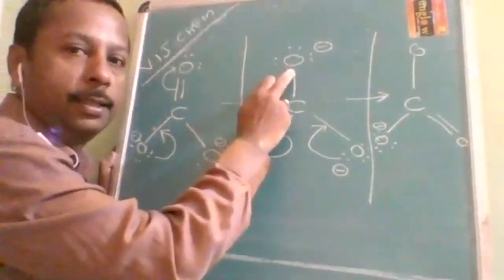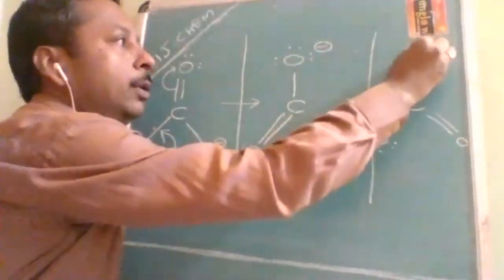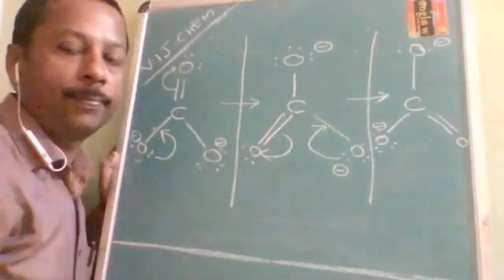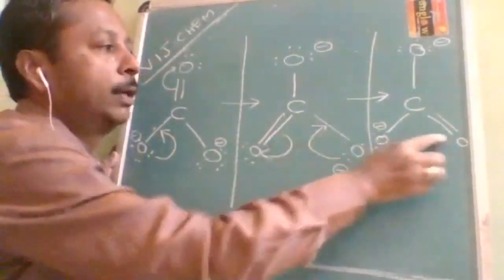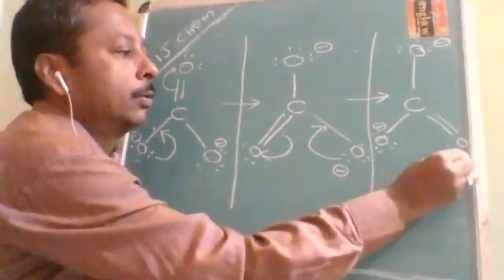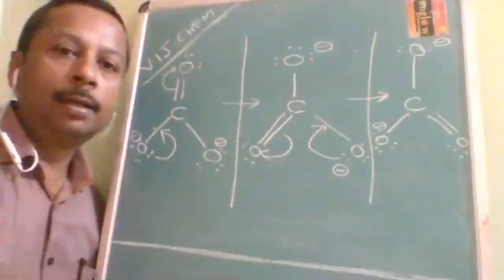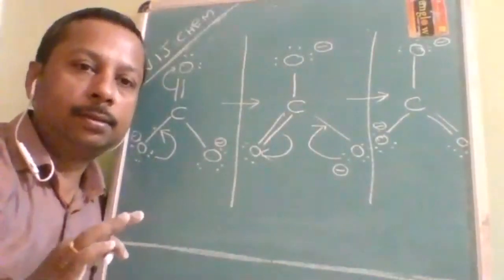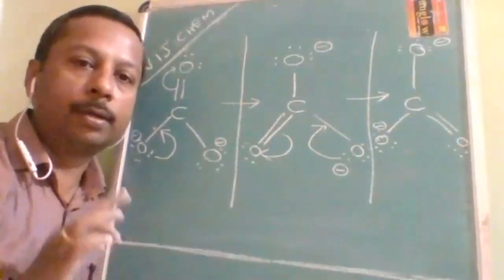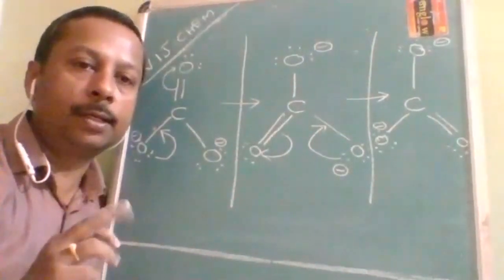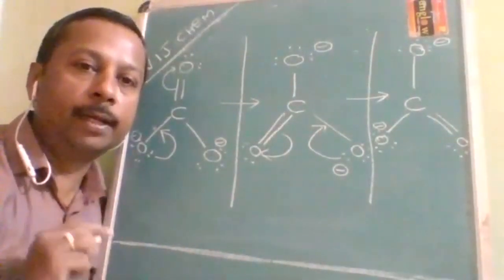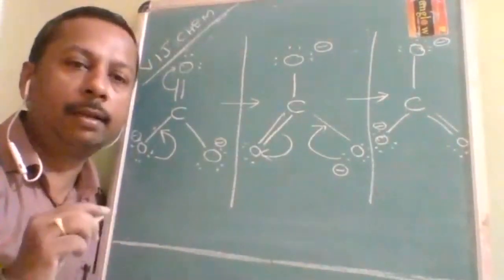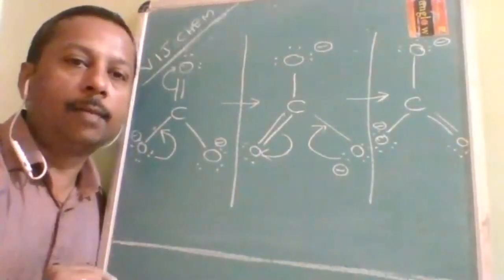Is there any change in this one? There is no change. So this will be three bonds, three lone pairs with negative charge. And this lone pair will be converted to a bond pair. So two lone pairs. Simple. If two bonds are there, no charge, and two lone pairs. Two lone pairs, two bond pairs, no charge. One bond pair, three lone pairs, minus one charge. And there is one example where it will consist. Rarely you will find that, that is in carbon dioxide.